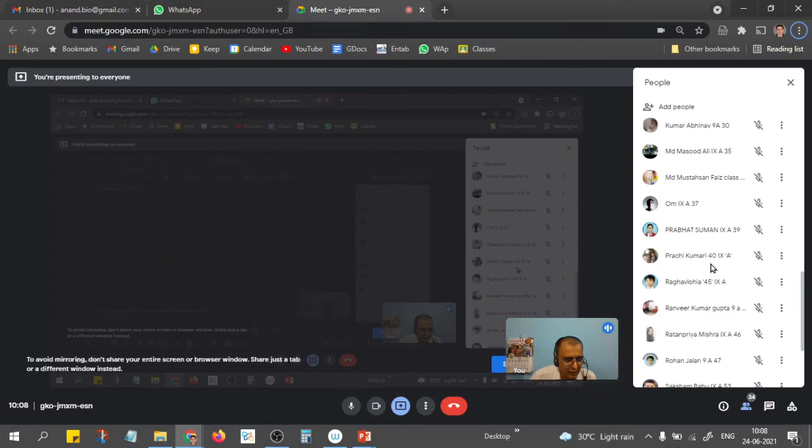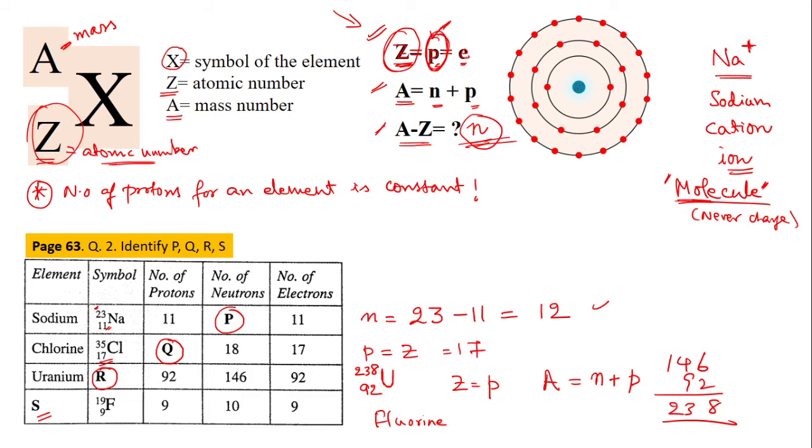Okay, so it is important. You have to practice the periodic table. You should know the element by looking at the name. You should be able to write the symbol. By looking at the symbol, you should be able to tell the name. That is very important. If you are perfect in class 9 with this, in class 10 you will be a happy child. Otherwise, if you are not thorough in class 9, you will be miserable in class 10. You will say, I don't know what this is, it is very confusing, chemistry is a mystery or something like that. Those things are rubbish. You just have to learn the basics in class 9. It will be smooth for class 10.